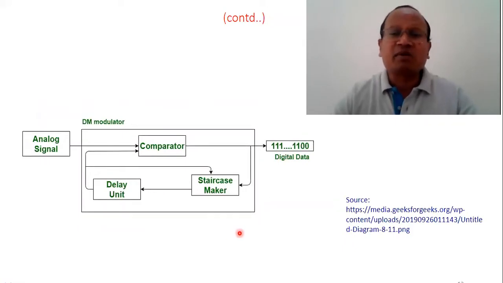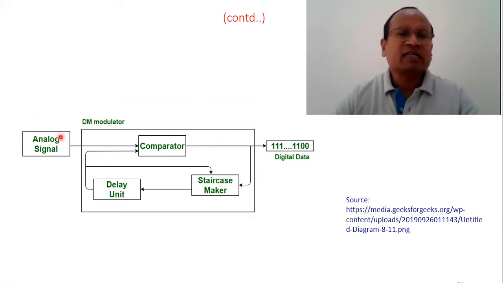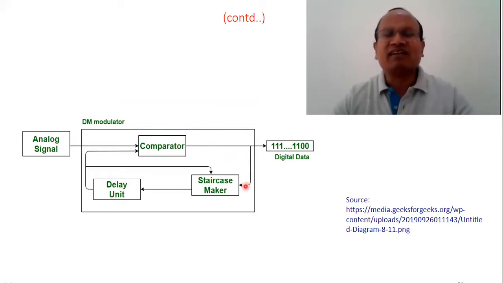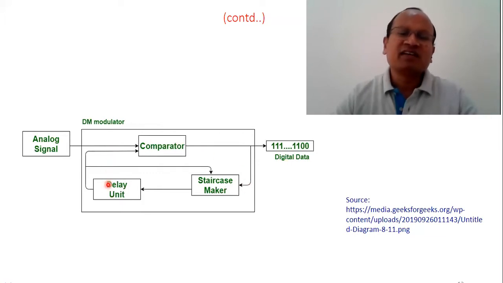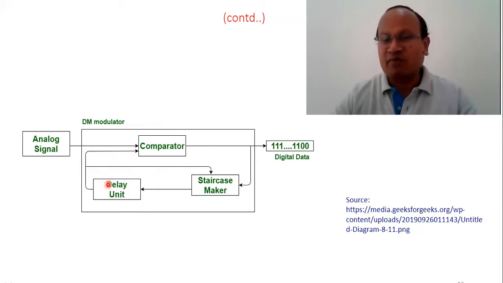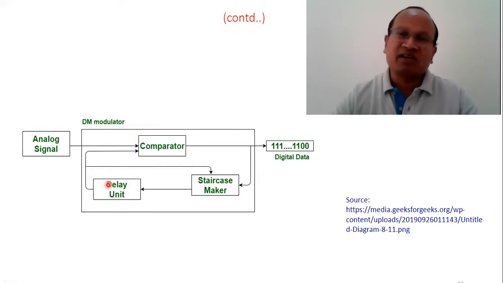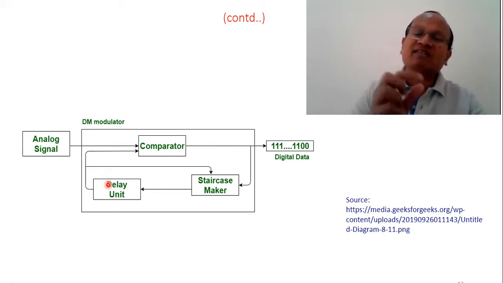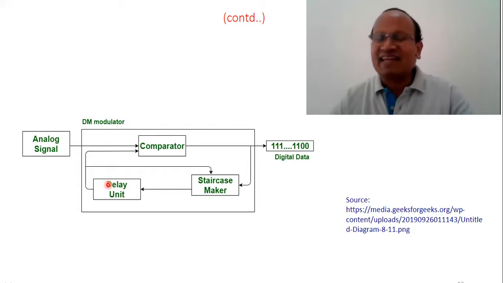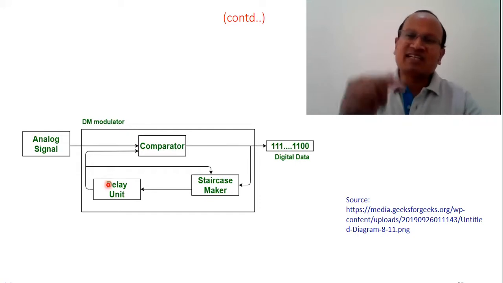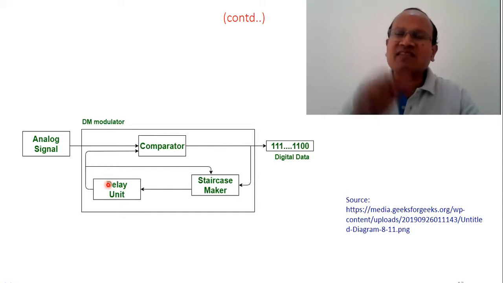This is the block diagram of delta modulation, where the analog signal is sent to a comparator, where we get the previous one. So there is a delay unit. It's actually a digital implementation of the block diagram. When we consider a Z transform, how does Z transform work? Generally, Z transform is used in discrete time signal processing. So when we send a signal to an operator Z to the power minus 1, the signal is delayed. Z inverse, Z transform operator, Z to the power minus 1.